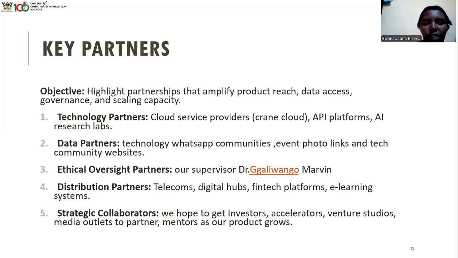Ethical oversight partners: we would like to acknowledge our supervisor and lecturer, Dr. Marvin Galiwango, who has been nurturing us to build this project from the start up to where it has reached now.